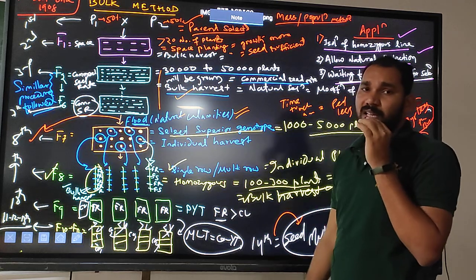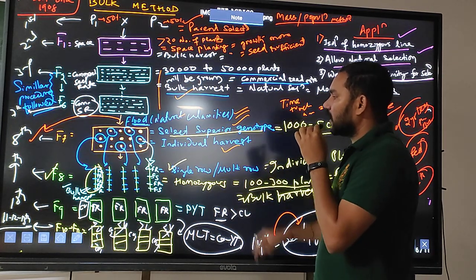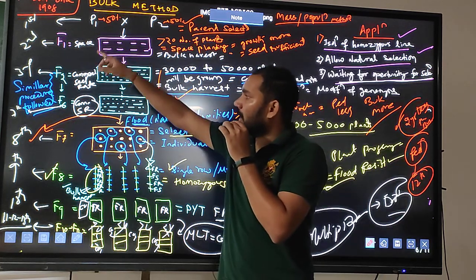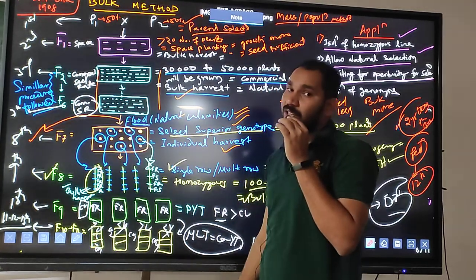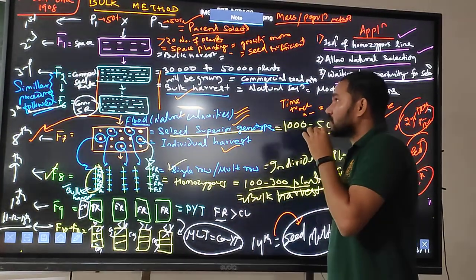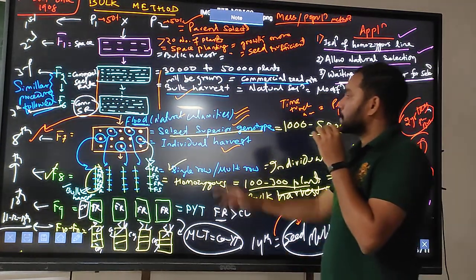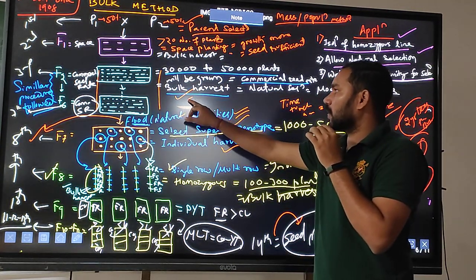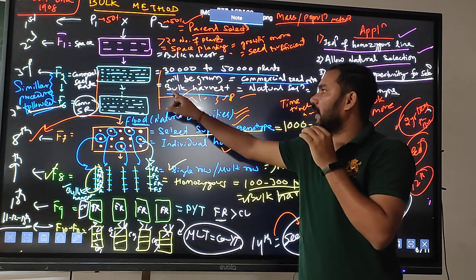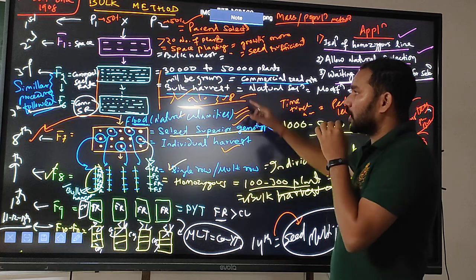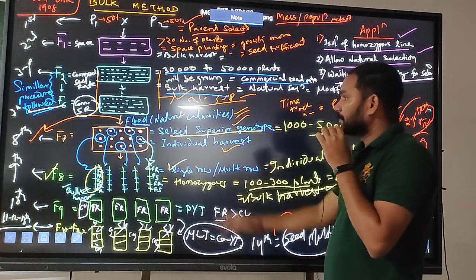How will we go for artificial selection? I have already told you, you have to select the superior plants, then individual harvest. But from the F2 to F6 generation, there will be no selection of superior genotypes as well as no individual harvest. Okay? So here normal harvest will be there. In case of the F2 to F6 generation, no superior plants will be selected. Okay? Just normal cultivation and harvest will be there.